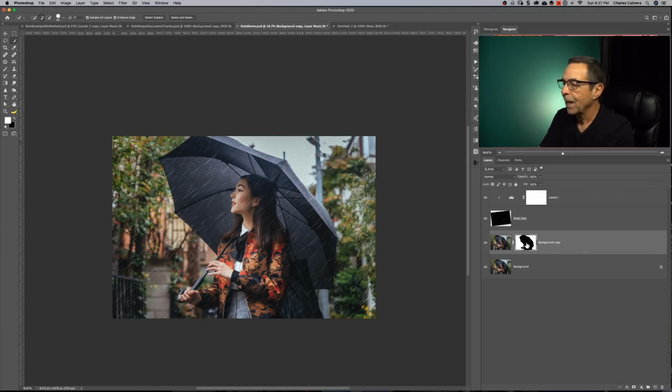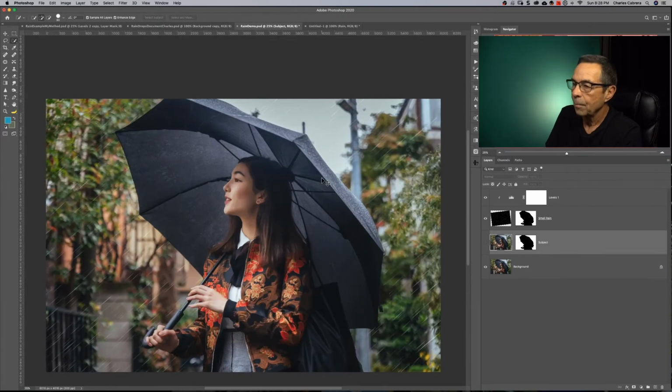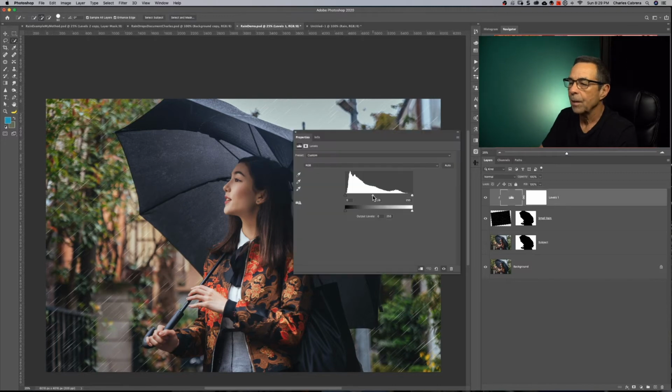And so that I can have the small rain behind her, I'm going to copy the mask to this small rain layer up here. First I'm going to click on this chain right here so that this layer mask is no longer linked. I'm going to hold the Alt or Option down and drag the layer mask up. I'm going to disable the subject layer because I really don't need it. But now you can see that the small rain is behind her, and you can make adjustments to any of these sliders on the levels adjustment on that